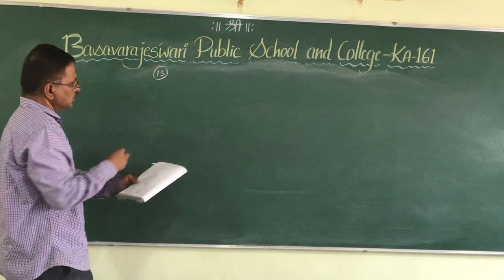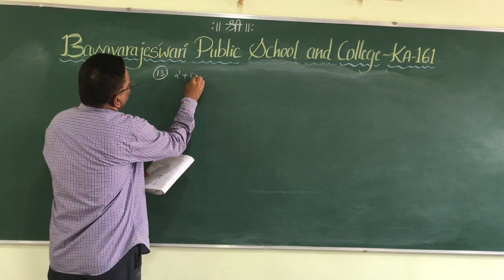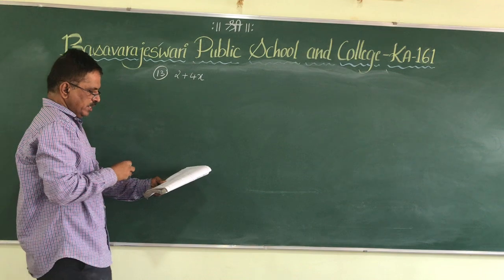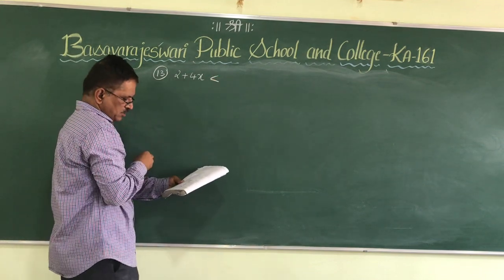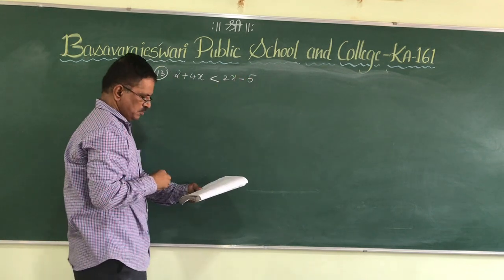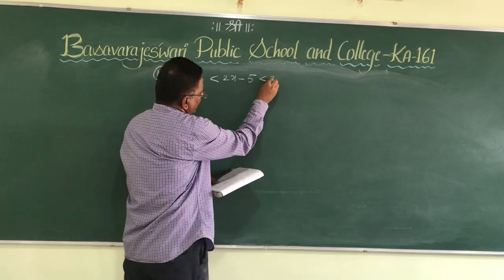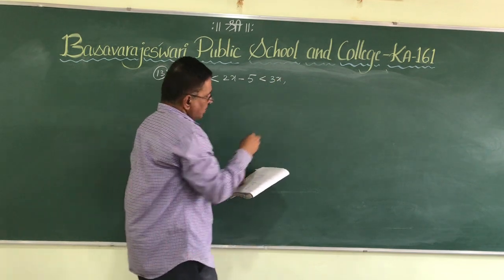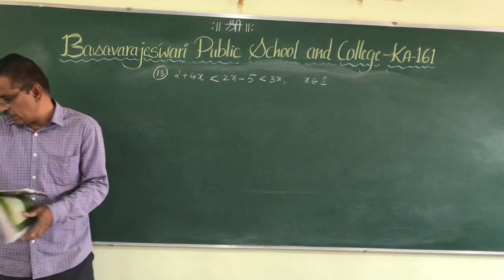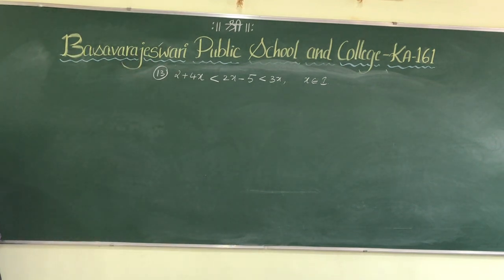The 13th question is 2 plus 4x is less than 2x minus 5, which is less than 3x, comma, x belongs to integer. Okay, x belongs to integer. Now, in this question,